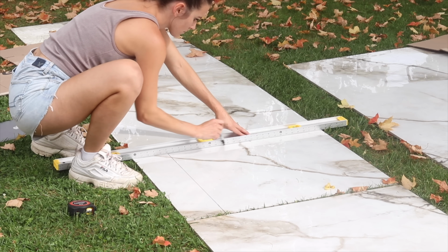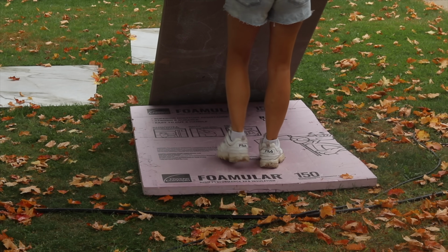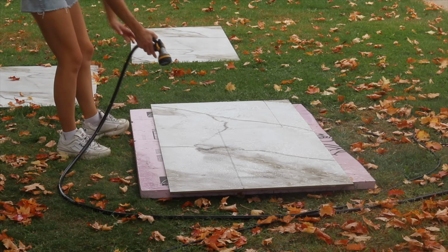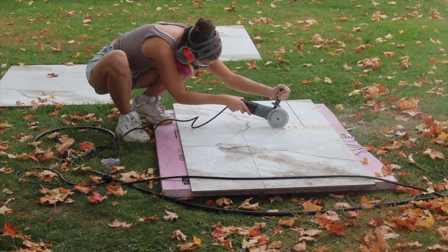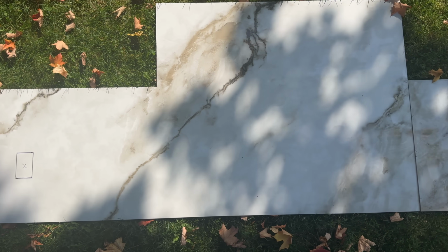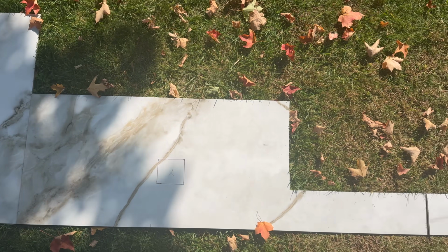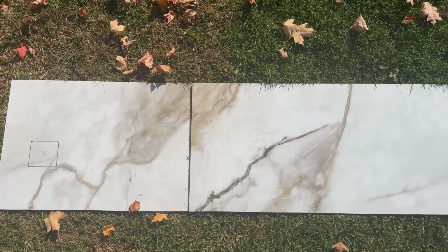And then after marking everything with Sharpie, I cut them with an angle grinder and a diamond crusted blade. This was very nerve-wracking. I have almost no experience tiling and certainly no experience with an angle grinder this way. So I just learned from a few videos on YouTube, and I had courage and I went for it. Once all of my pieces were cut and I got my veining to match up as nicely as I could,